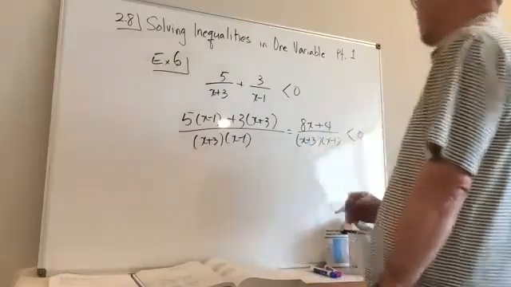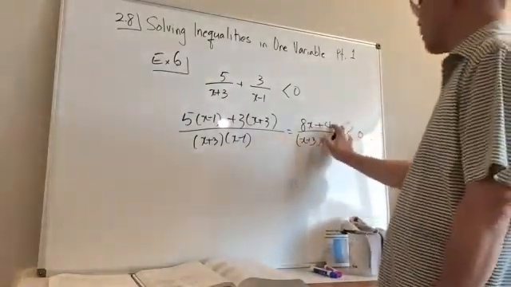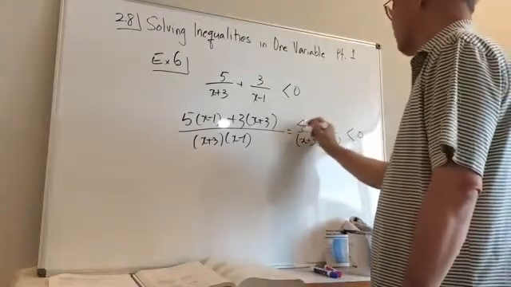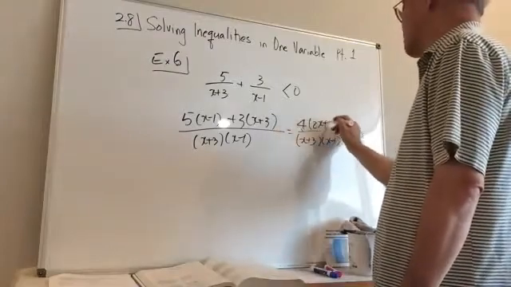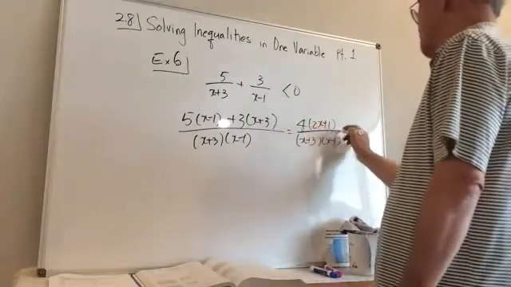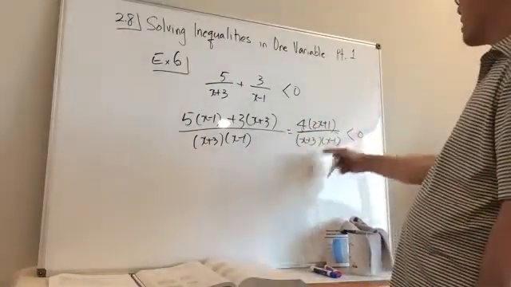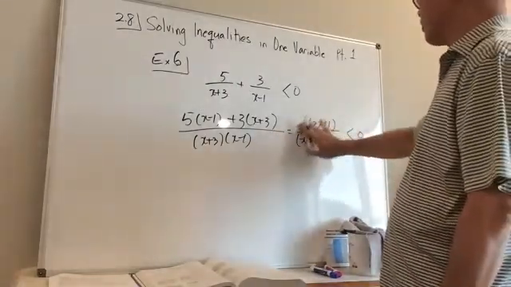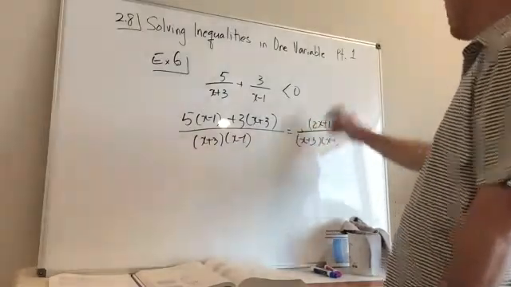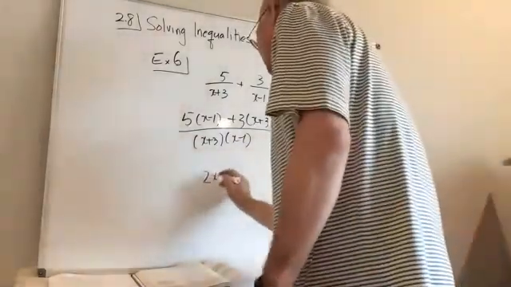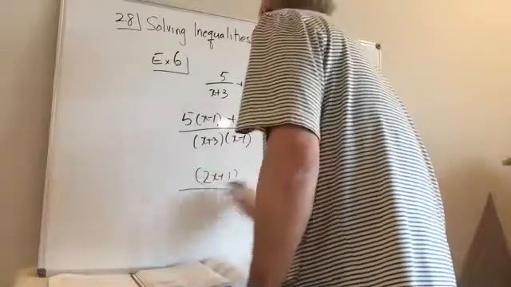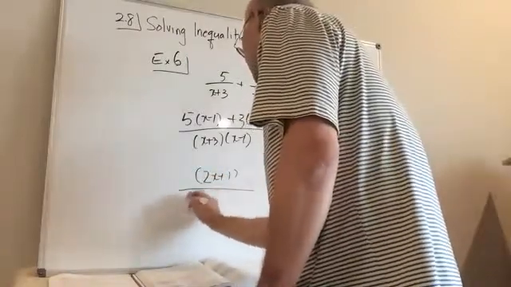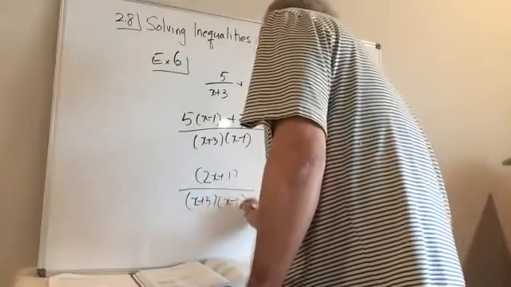Actually, I'm going to pull the 4 out, so it's 4 times (2x plus 1). I can divide both sides by 4, so the 4 goes away. So I end up with (2x plus 1) over (x plus 3)(x minus 1)